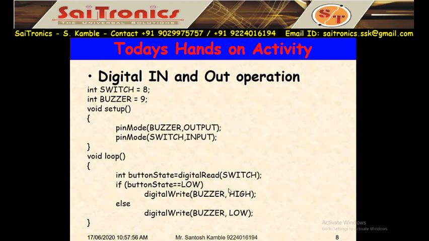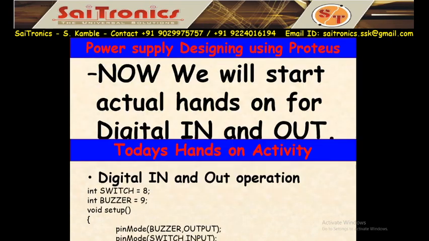So this is a simple program. The same program is used for n number of mini projects. Just change the switch with a sensor. If I change the switch with an IR sensor, then my project is a burglar alarm or reverse car alarm. If I change the switch with an LDR, then my project will be an automatic light. If I change it with a fire sensor, then that will be a fire alarm. So the same programming is there, and you can change to different mini projects. We will see all these mini projects.